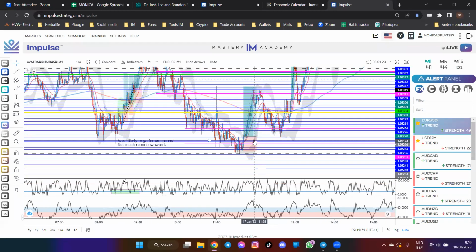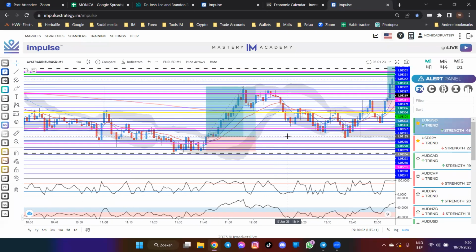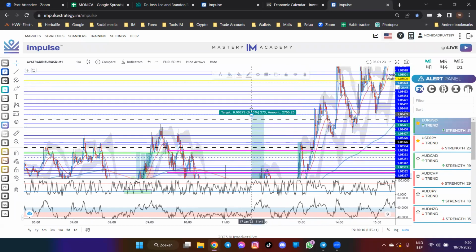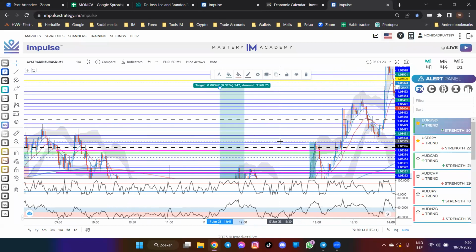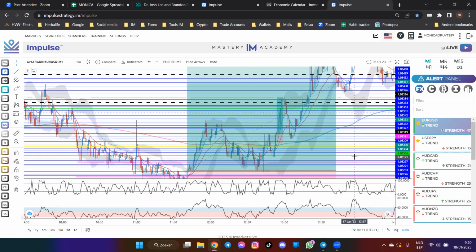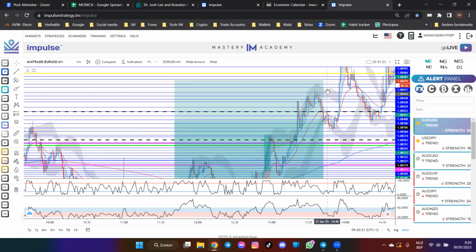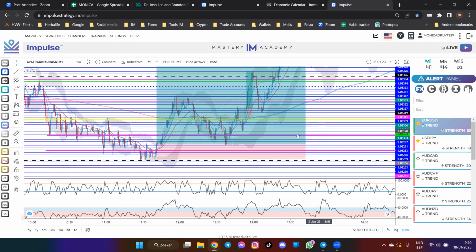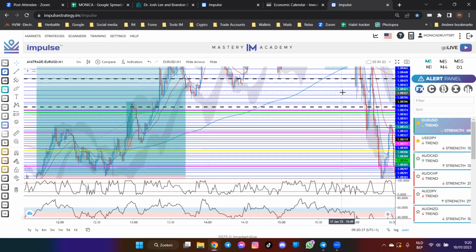You see here, this one I actually wanted to ride all the way up. That was my actual setup I showed you guys in the Telegram. But I managed my trade to a little bit in profit, and I got kicked out right there. It's so annoying, but afterwards it just went all the way up. I always risk 2%, so if you can see the risk to reward, that really was annoying. So there are enough opportunities in the market.